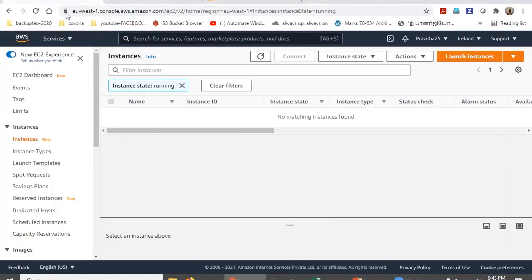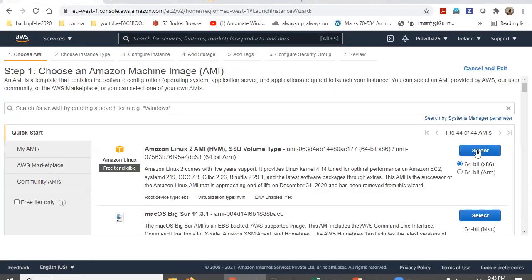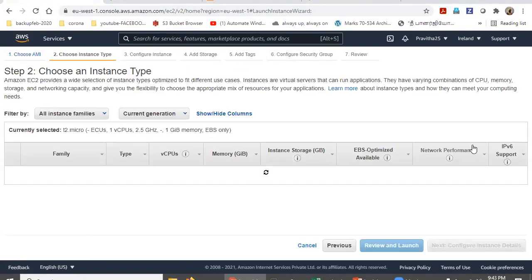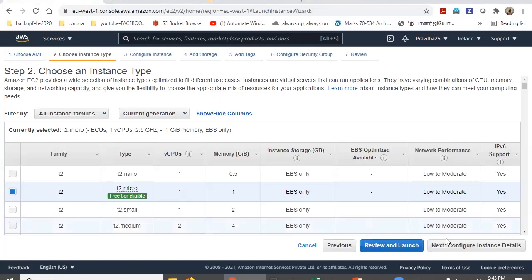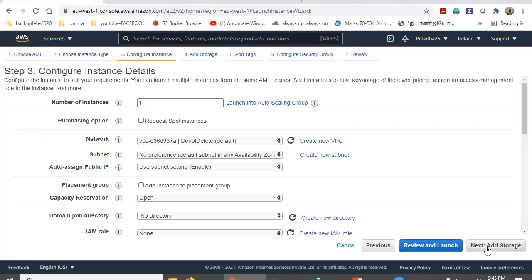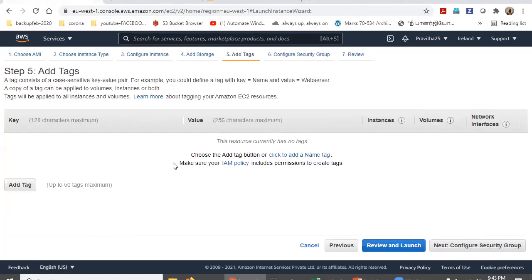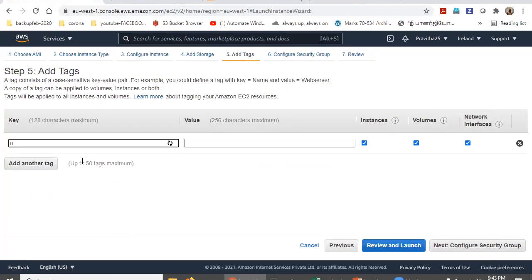Now go back to your EC2 and launch some instance. I hope everyone knows about instances; this is very basic in AWS. I'm just going to show you where you need to have it. You can implement this in an existing environment or a new one. Like this, your tag should be configured, or if it is not there, you can configure it.